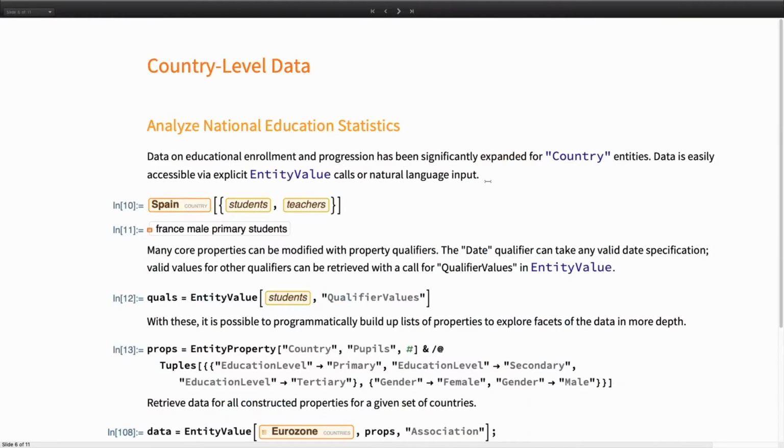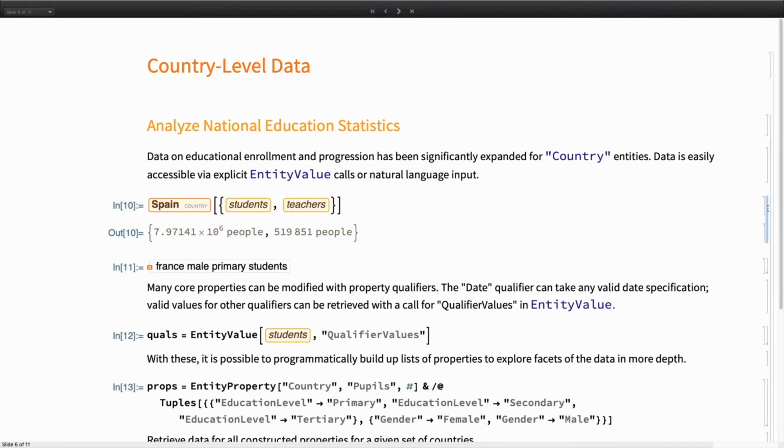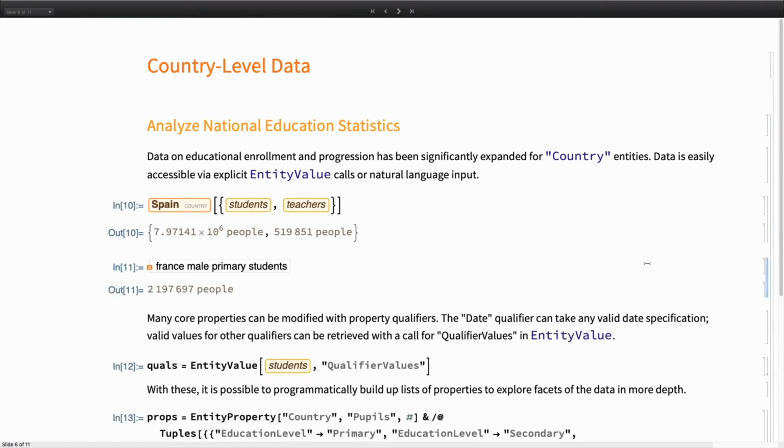Like I mentioned, also, a lot of other expansion in areas like educational data. So there's sort of basic data on total enrollment of students and teachers, but then you can also dig into more detailed data, like male primary students. The thing here that I want to call out, and as we've added more and more complex socioeconomic data,